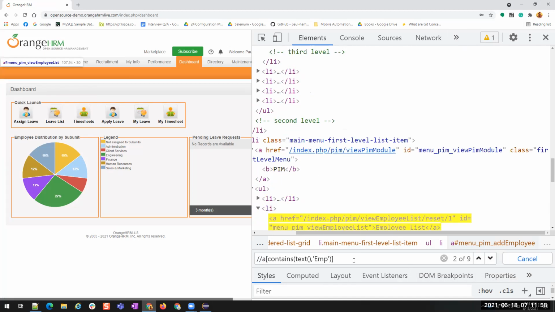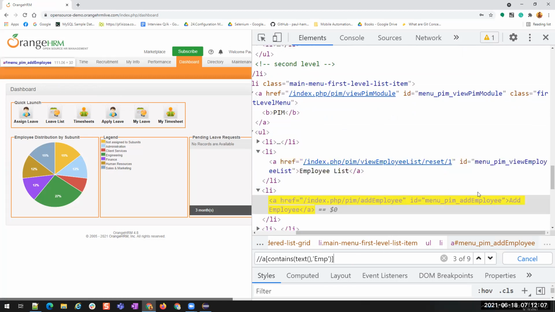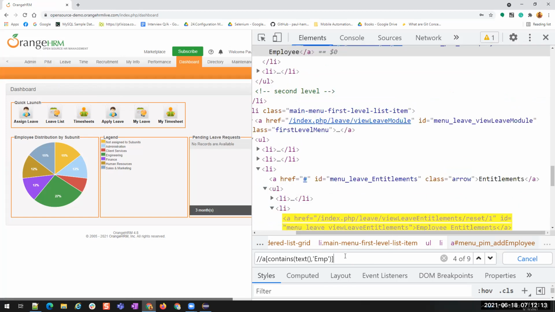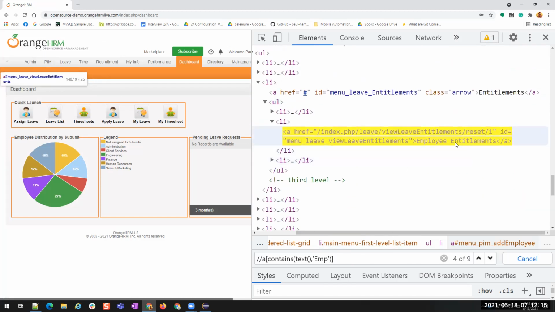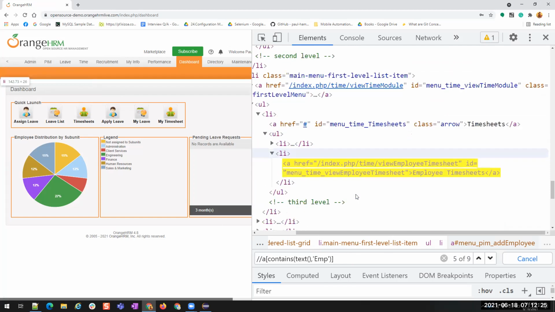Okay. Now let's go to the second one, which is employee list, and that is here. Third one is add employee. Inside this EMP is present. See, employee entitlements. Here also we have EMP. Right? So like this, it will find all the links.